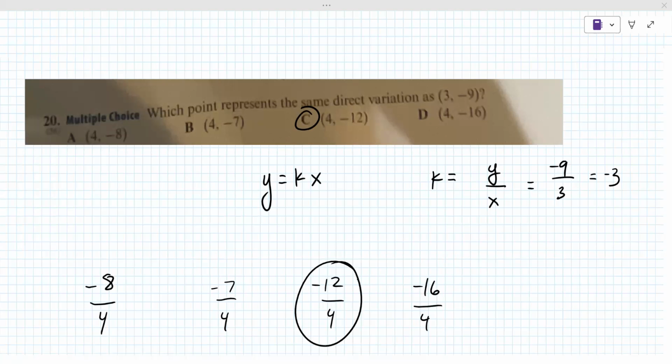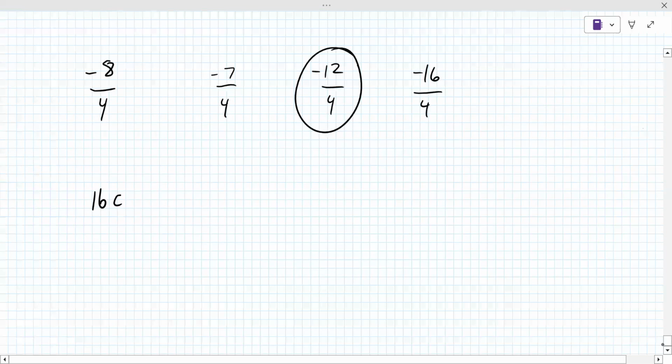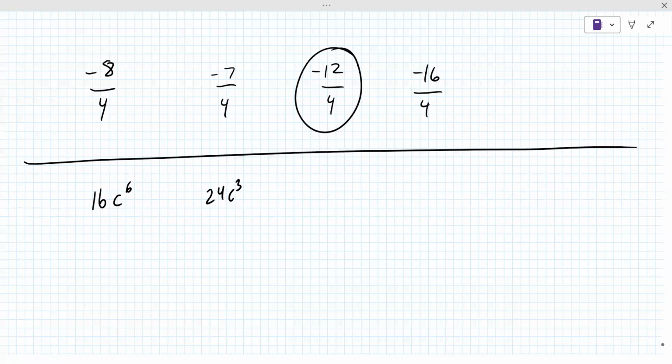Do you want us to go back? We got some more time here to go back to number 18. Or we could do that. It's up to you, but there's also 21, which isn't in the picture, but it's just to find the least common multiple of 16c to the 6 and 24c cubed. Like this. Yeah. And you're saying the least common multiple? Yeah. Okay. To do the least common multiple, you build a factor ladder